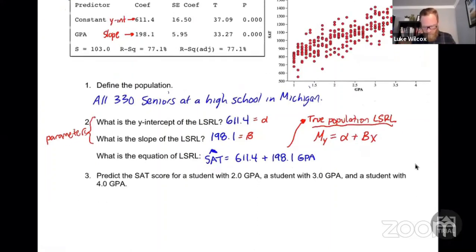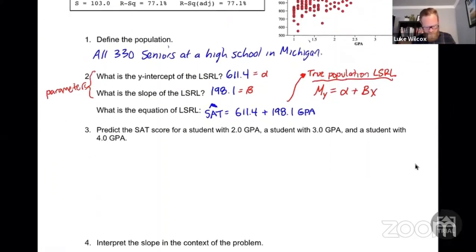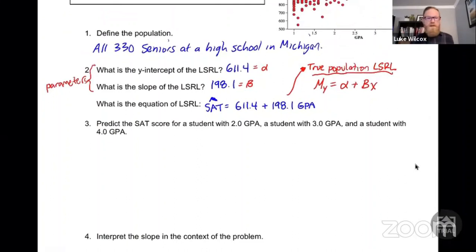Okay, we are ready for question number 3. Question number 3 says, predict the SAT score for a student with a 2.0 GPA, a student with a 3.0 GPA, and a student with a 4.0 GPA. So let's start out with our student that has a 2.0 GPA. Now we know that's our X value, right? And we know that we can take the line of best fit and predict the SAT score by plugging in